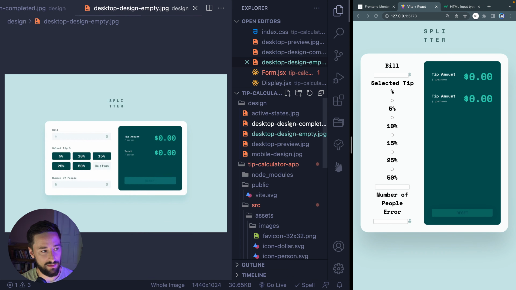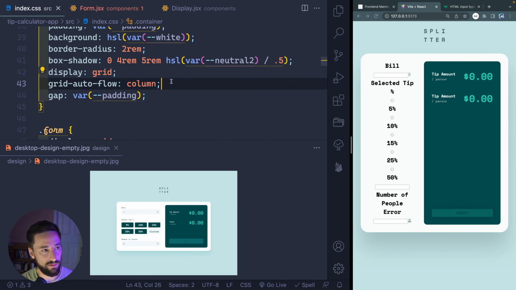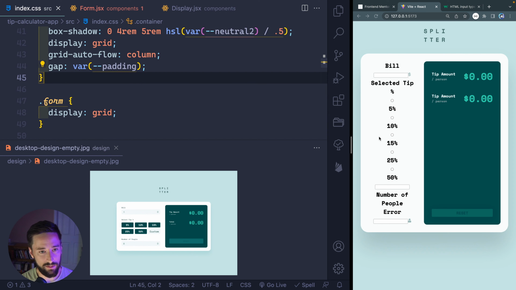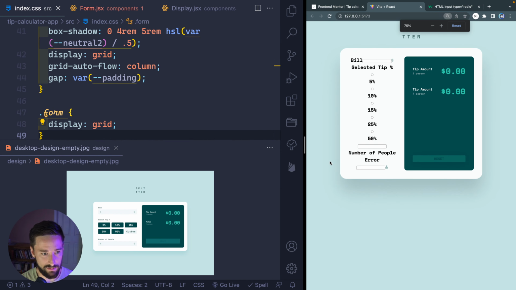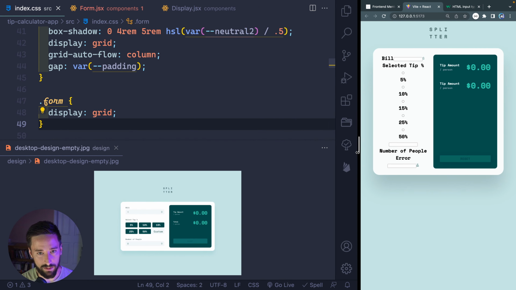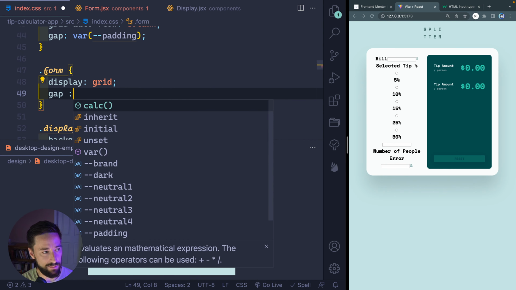Okay. Preview. Active state. Let's see. Empty. That's what we're going for. Start with it empty. All right, so here we are. This form. Let me zoom out just a touch just so I can see how it will look on desktop. Okay. So we'll do a gap of